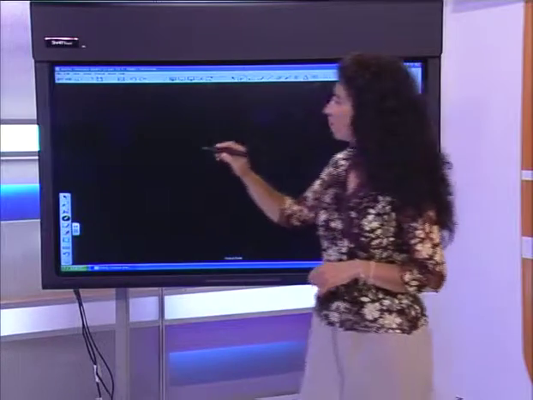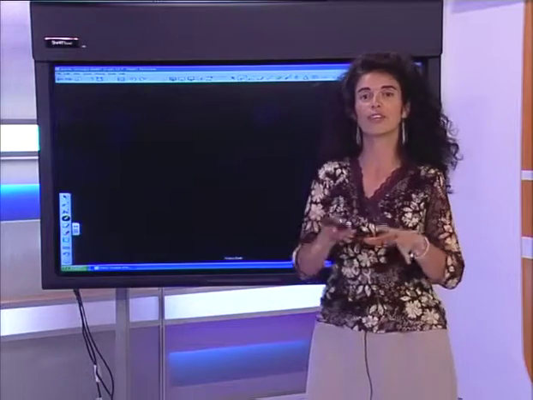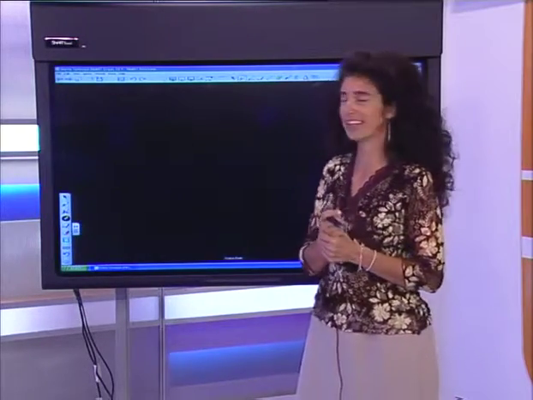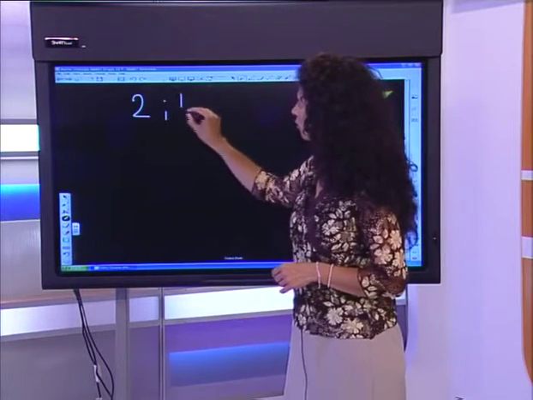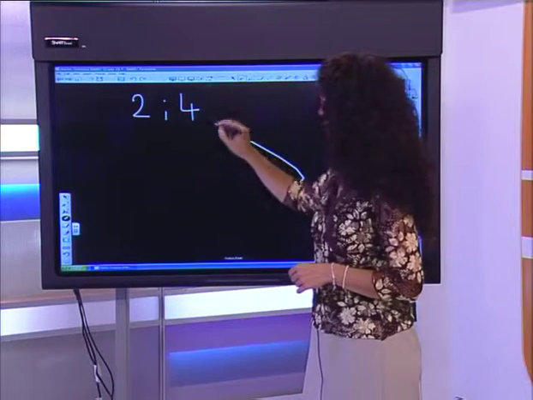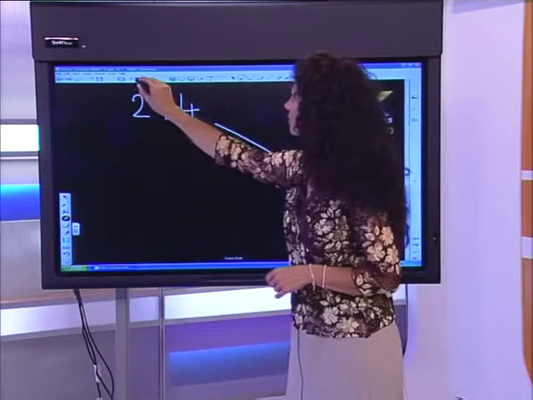Okay. Another sequence that you're very familiar with, and those would be the even numbers. And let's see whether we could come up with a general term for the even numbers. So even numbers would be 2, 4, 6,